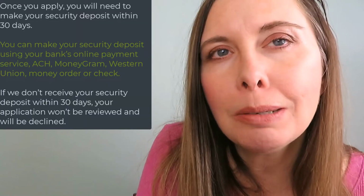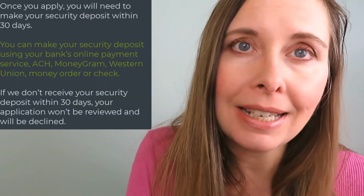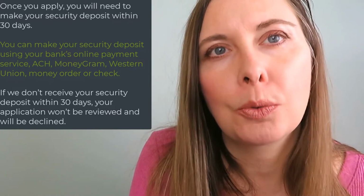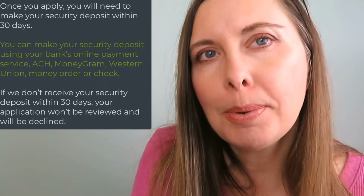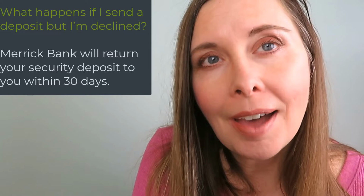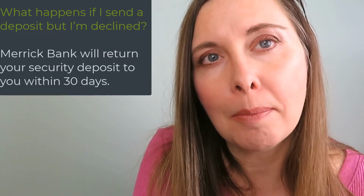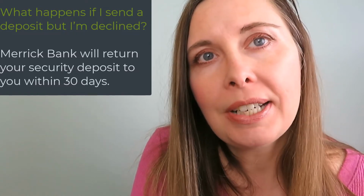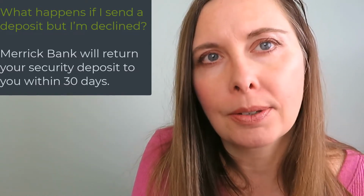So how this works for this Merrick Bank credit card is that you need to fill out the application completely, and once you send in that security deposit, then your application will be reviewed. Now, not everybody gets approved for this secured credit card. A lot of people do, but by any chance you get denied for this secured credit card, you have made that deposit of a minimum of $200, but if you get denied within 30 days, that security deposit will be